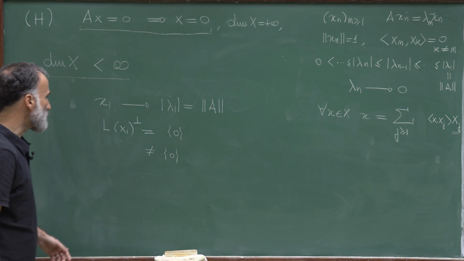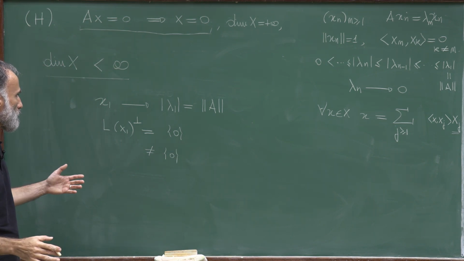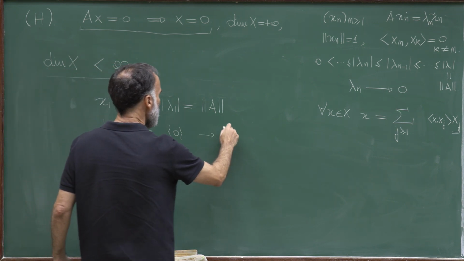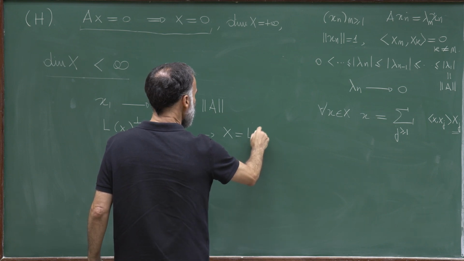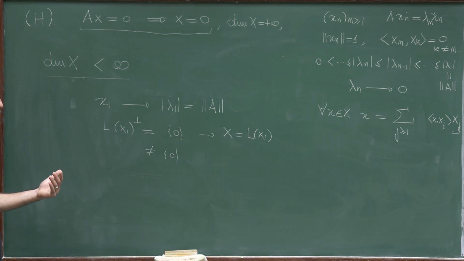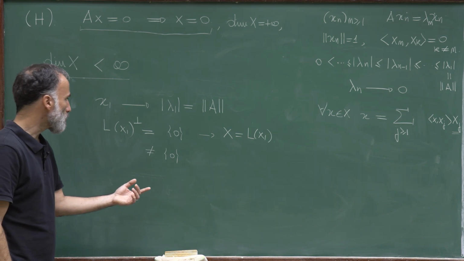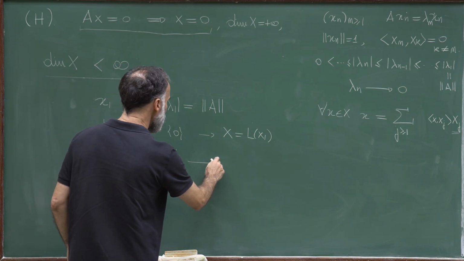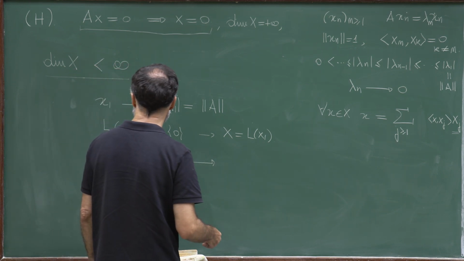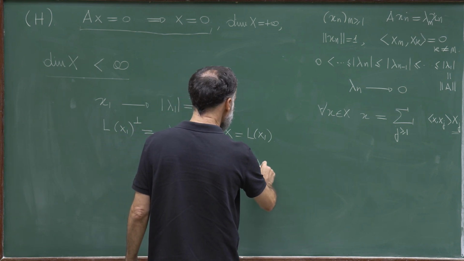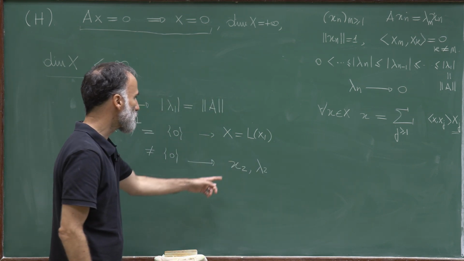If this space is 0, then we're finished, because this means that x is actually L of x1, the space generated by x1. If it's not the space generated by x1, this means that this orthogonal space is different from 0, and by repeating the previous proof, we can find a second element x2, a second eigenvalue lambda 2, so x2 is an